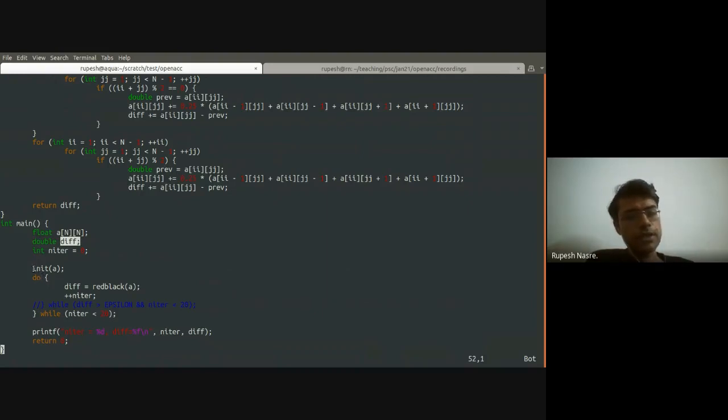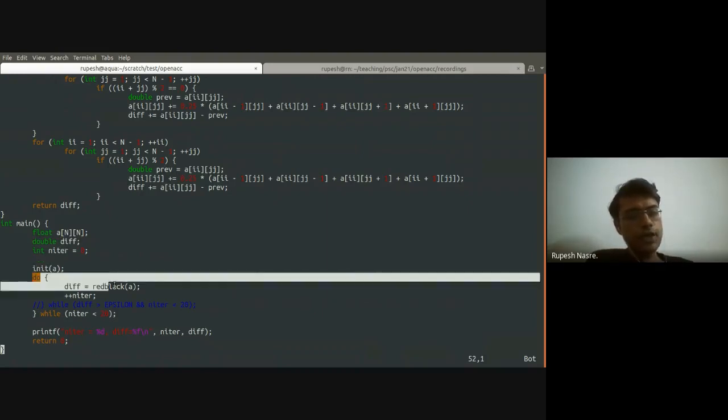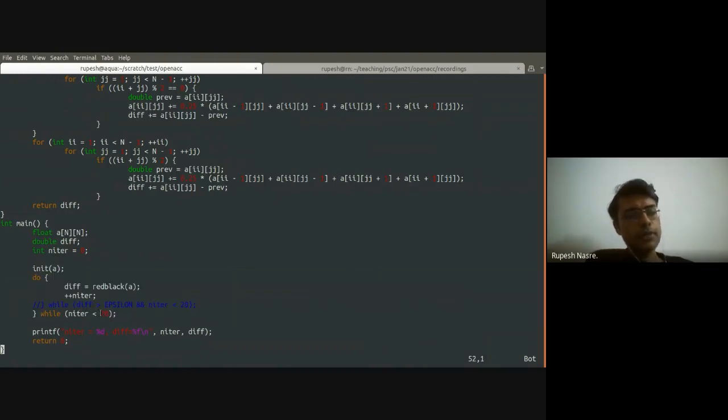For example, in this case, I have an initialization, and then the do while loop is just checking for the number of iterations. But this one that I have commented, let me just uncomment that because it might be unclear, where I say that while the diff is above a certain epsilon, let's say 0.01, 0.001, I mean, 10 to the power minus 4, etc., and the number of iterations is less than some number, right? So either way is fine, depending upon your application.